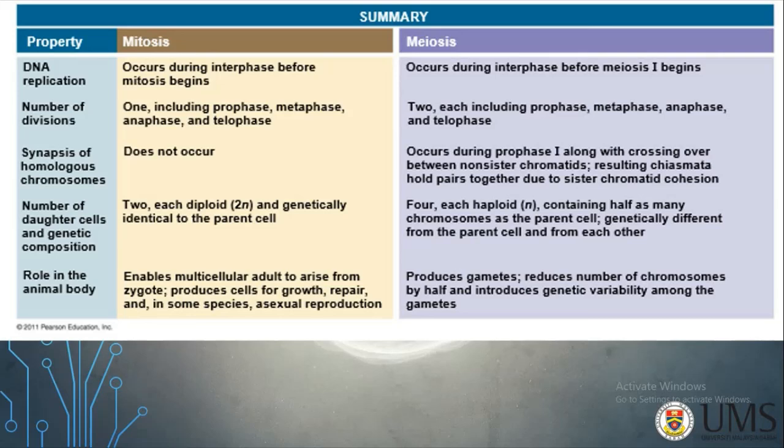Mitosis will produce two daughter cells, each diploid and genetically identical to the parent cell, while meiosis will produce four daughter cells, each in a haploid state, which contains half as many chromosomes as the parent cell, and which are genetically different from the parent cell and from each other. The role of mitosis in the animal body is growth, repair, healing, and in some